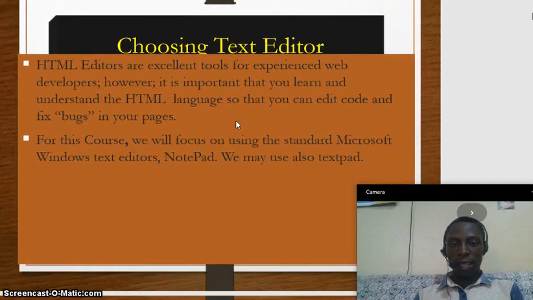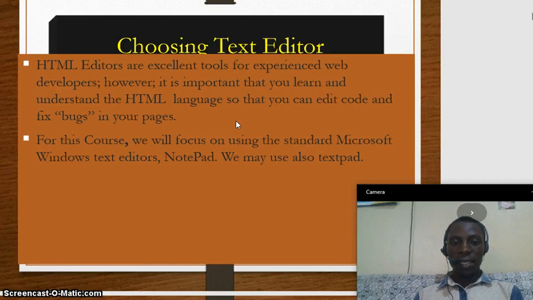We have another slide here, continuing with how to choose a text editor. We are saying HTML editors are excellent tools for experienced web developers. Like I said, it is normally good for those who have been working with web programming and have that experience.